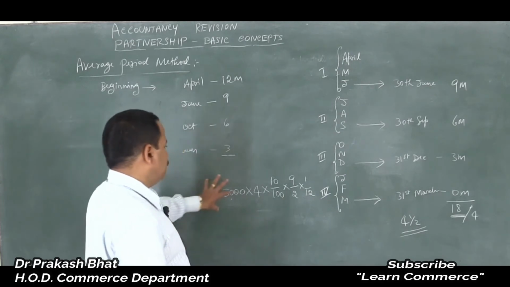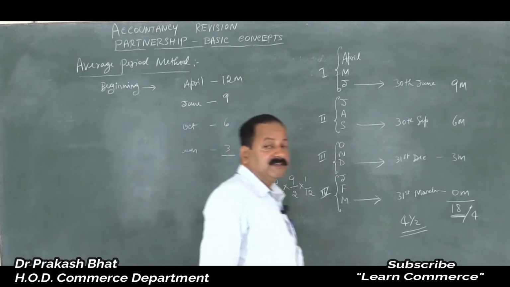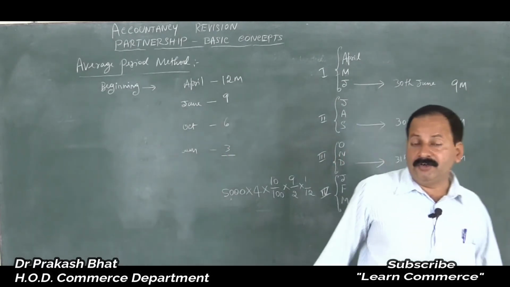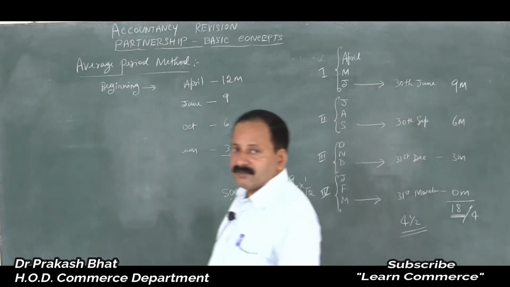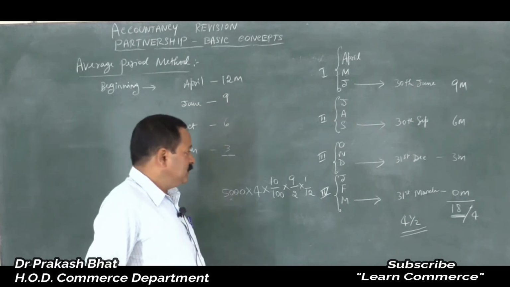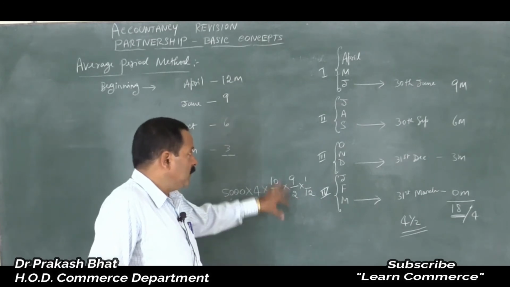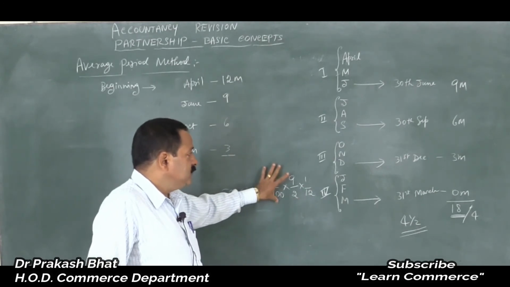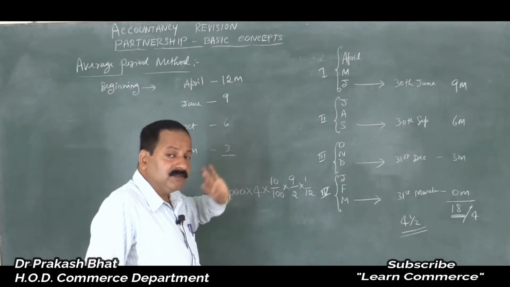So this is how you have to calculate if it is given as quarterly withdrawal. Quarterly withdrawal. Don't get confused. Very, very simple. Don't make it complicated. So this is quarterly withdrawal, how you have to calculate. They may give problem on this also, maybe.